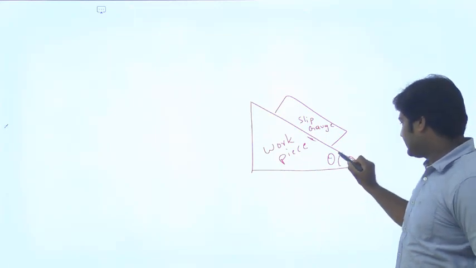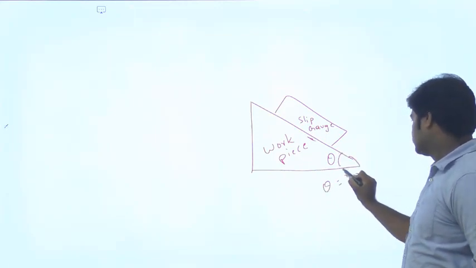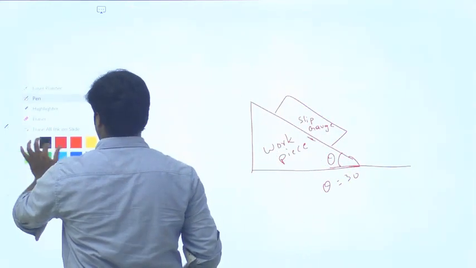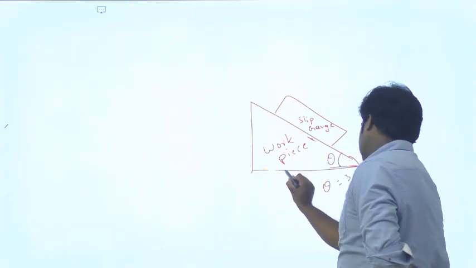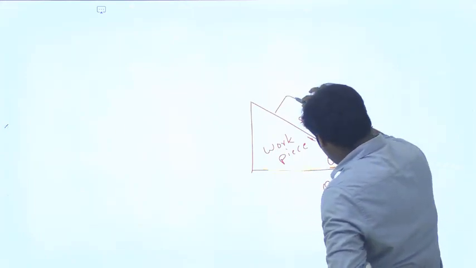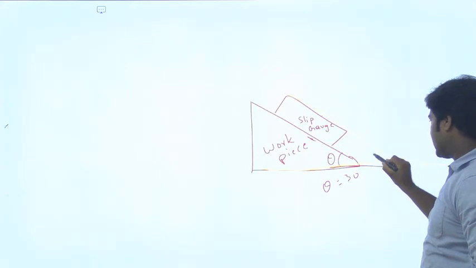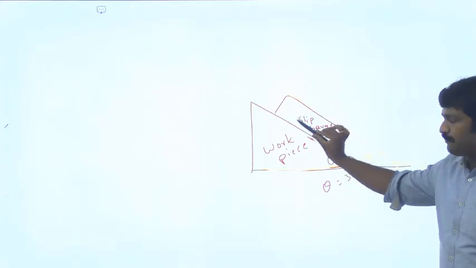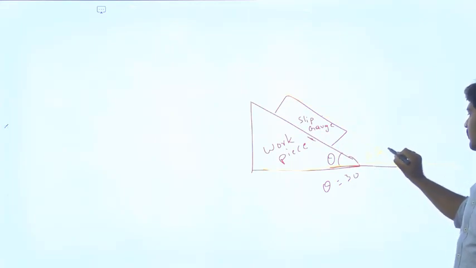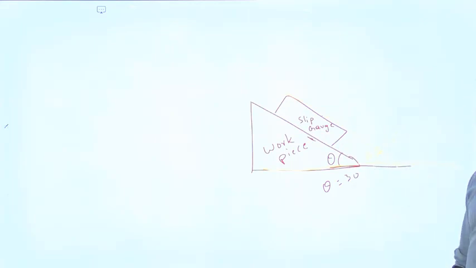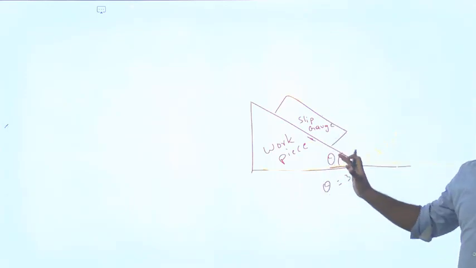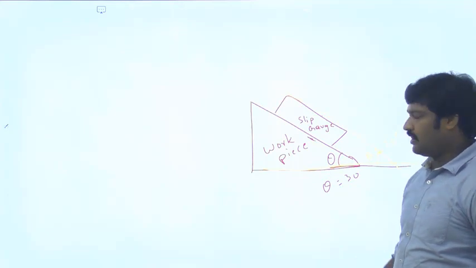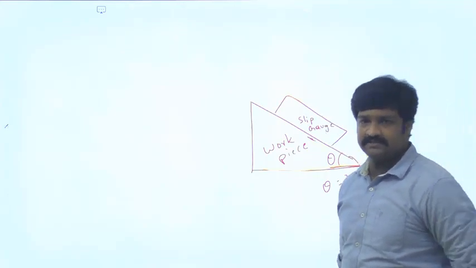So if theta here is 30 degrees, and you project the line like this and draw a line, then this angle is also equal to the same angle. Why? Because this slip gauge has parallel faces. Now this theta is also equal to 30 degrees. So if we add any slip gauges, the angle of the workpiece is not going to change. For increasing the reflection of the component, we are adding one more slip gauge.